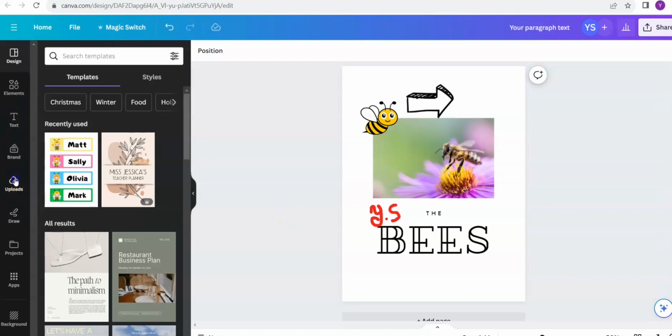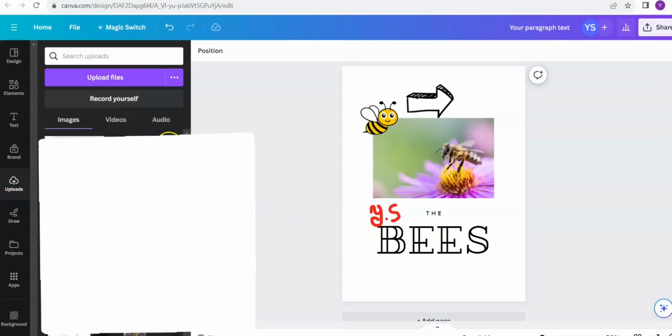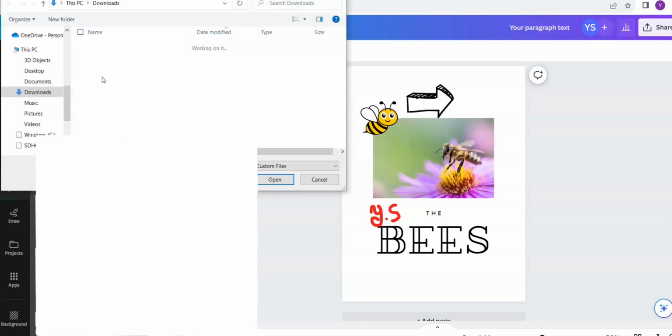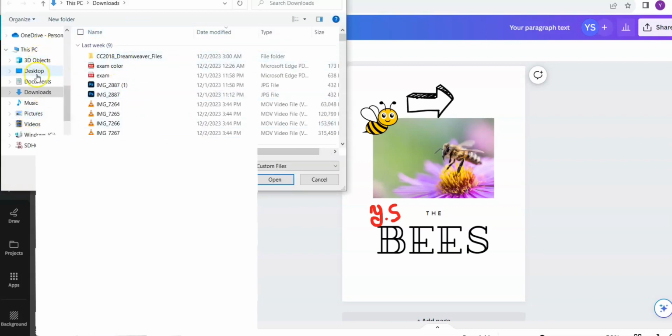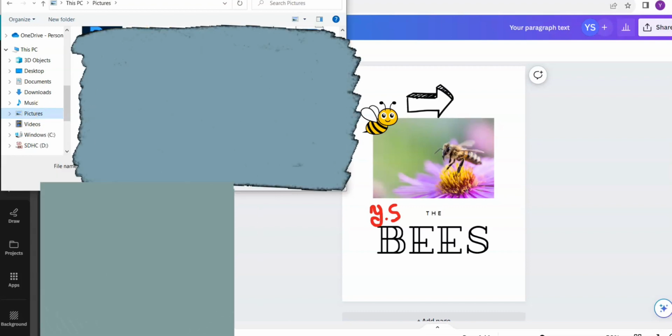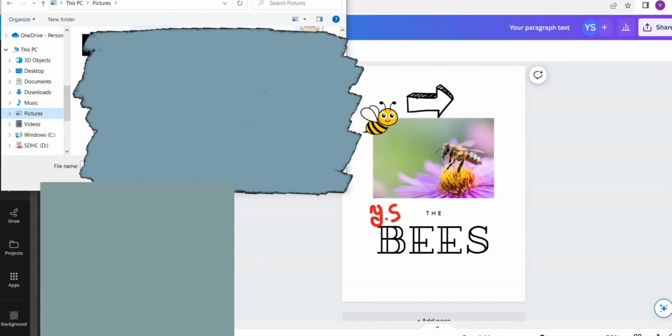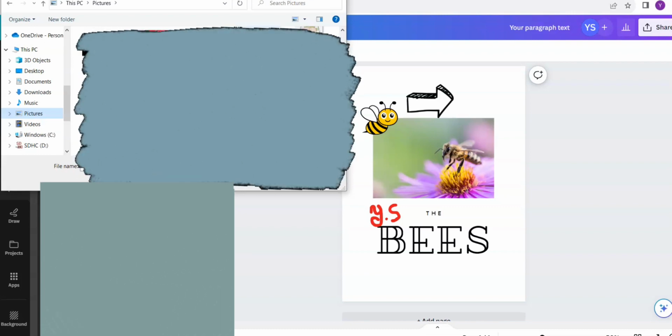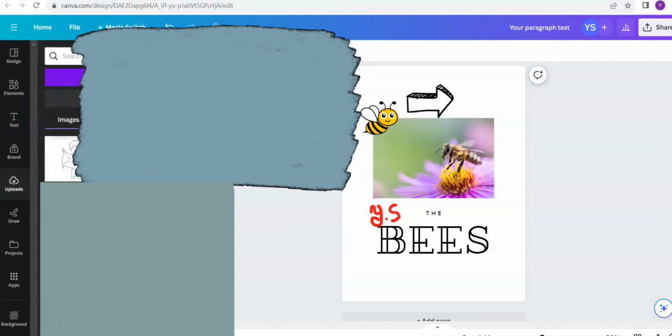Let's say you want to upload something into your project. That is right here, uploads. I am going to click upload file. I'm not actually going to do it just because I have a lot of client stuff on here that I don't want to show you guys, but what you would do is click upload files and basically click whatever picture you wanted to upload. Let's say I want to upload this pretty picture of my cat,